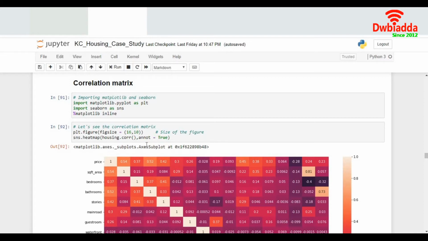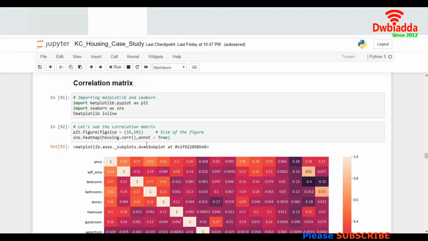For example, we all know the weight of a person increases as the height increases. Similarly, there are other examples which are dependent on each other. For example, the number of hours a student studies will impact the marks that he will secure. So these attributes are dependent on each other. If one increases, the other increases. In other examples, we can have a negative correlation, which means one attribute decreases with the increase of another attribute.